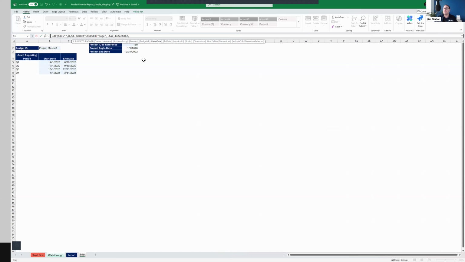This is where it gets really hard in Intacct's native report writer, but not really hard in Velixo because I have the start date and the end date of my project on this sheet already. By the way, I pulled that live. We'll talk about that in a little bit. So I can reference these dates, right? And let's see, my budget ID is here. My from date is right here. My to date is right here.